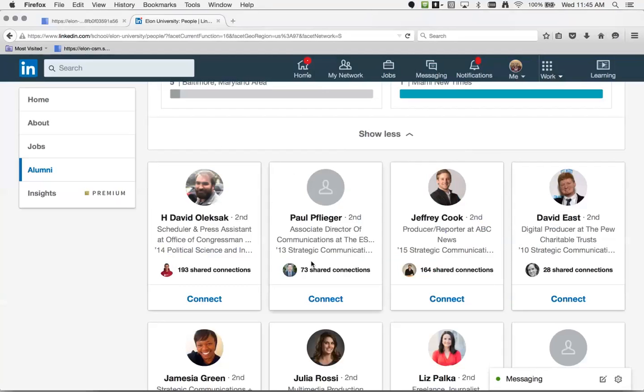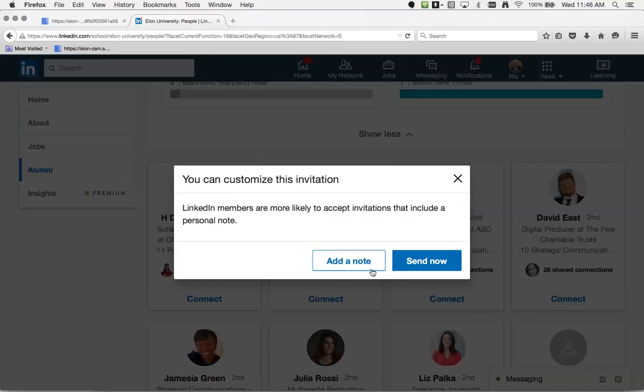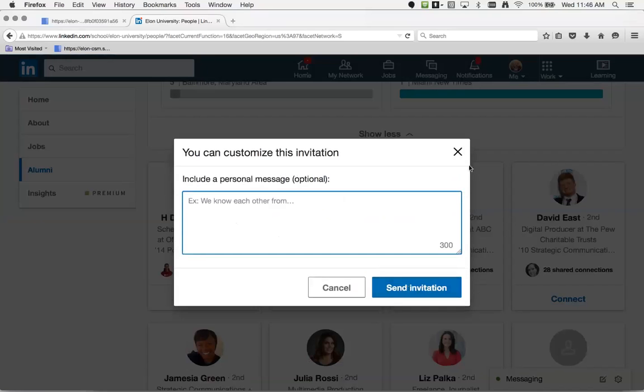So something really simple and friendly like that, because the goal isn't necessarily at this point to get a response from them. It's just to get them to say, yes, let's connect. And then once they are your first degree, as we talked about earlier, then you have access to their email. And so you can email them for some networking or just general information gathering. So that's the way to connect to another person through LinkedIn. So again, it's just connect, you add your friendly note, and then send it.